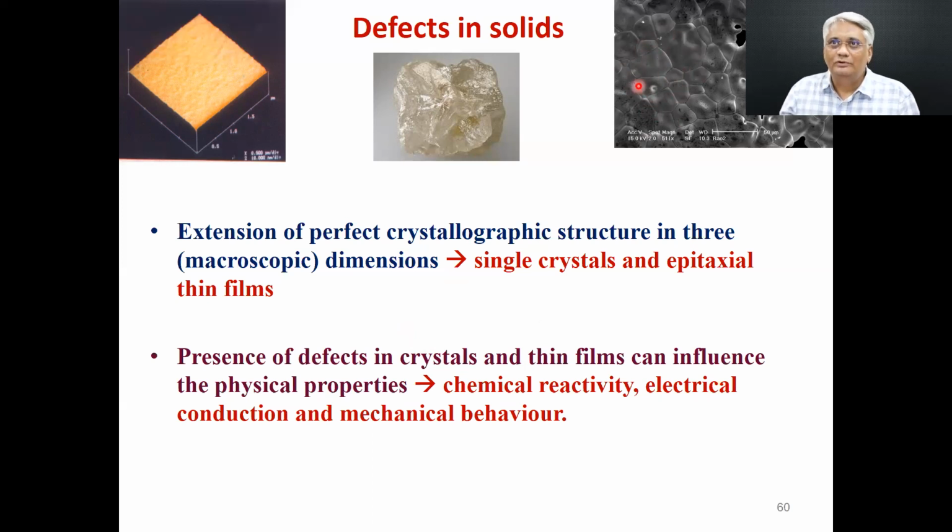What you see is a beautiful textbook picture of a scanning electron microscopy image of a polycrystalline system, where you have a large number of grains and grain boundaries. And these grains are also not of the same size and shape, and they're well delineated or demarcated by these grain boundaries, which are